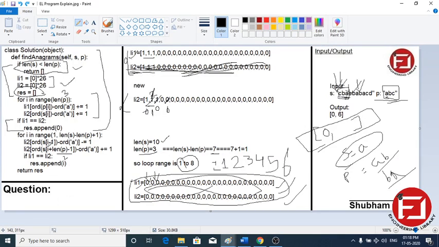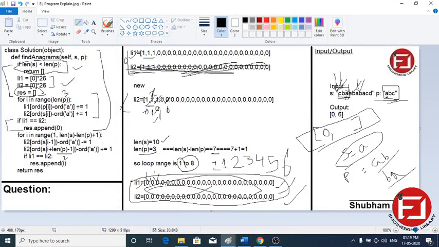In loop 6, minus 1 means 5. 1, 2, 3, 4, 5. B. B will be decremented, and it will become 1 now. And 6 plus 2, 8. 0, 1, 2, 3, 4, 5, 6, 7, 8. C. C will be incremented, means C will become from 0 to 1. Okay, in the sixth loop, so it will become 1, 1, 1.